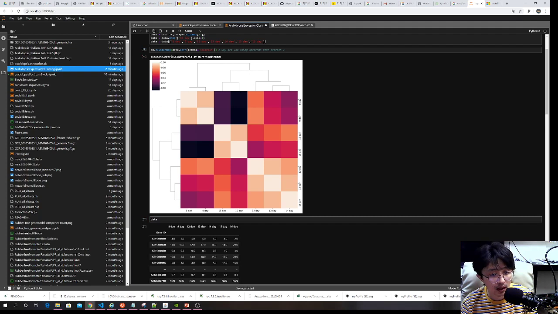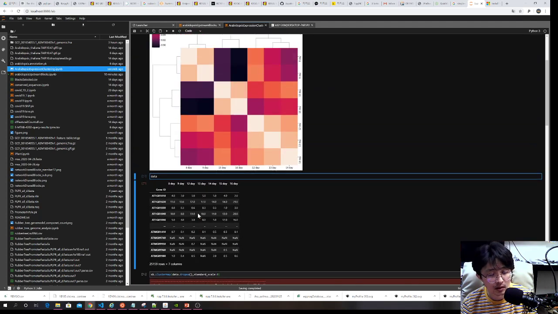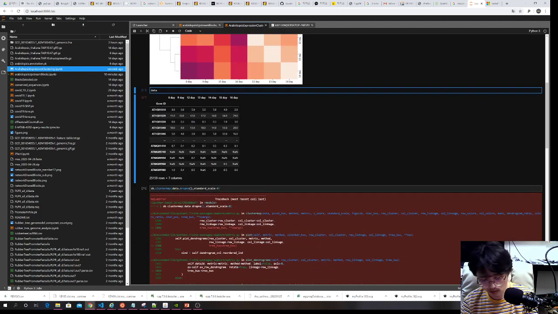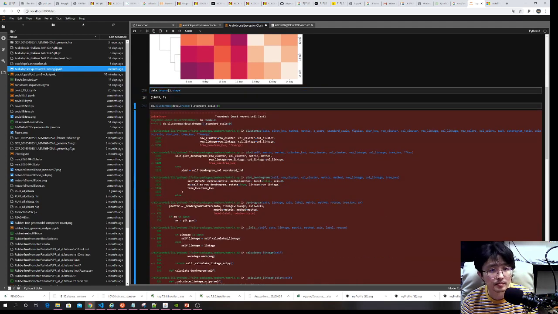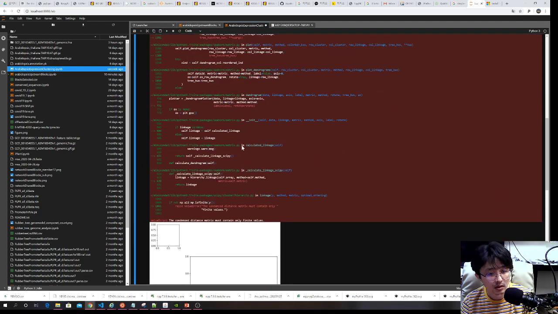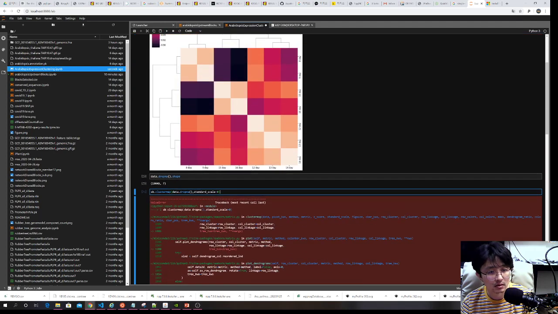Data and what? Drop no. And shape. And what? The condensed distance matrix must contain only finite. So